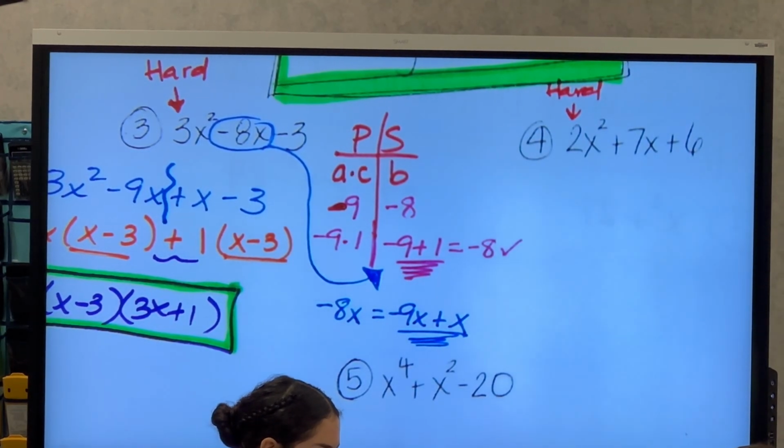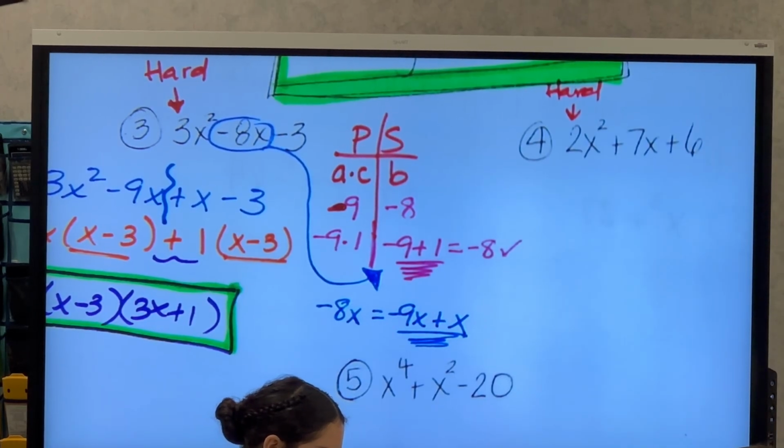Why did she add one on the last one? I think we need to clear